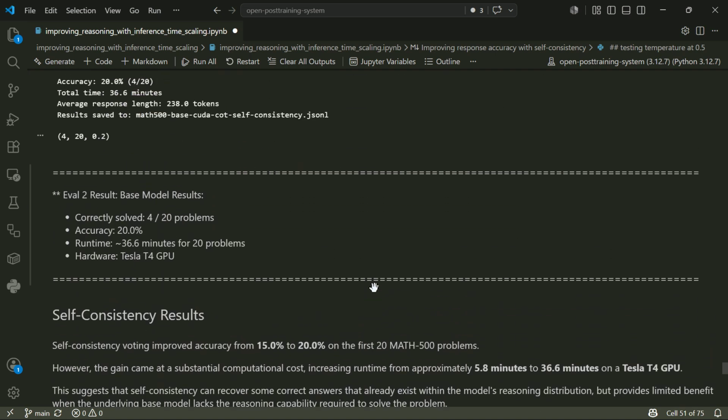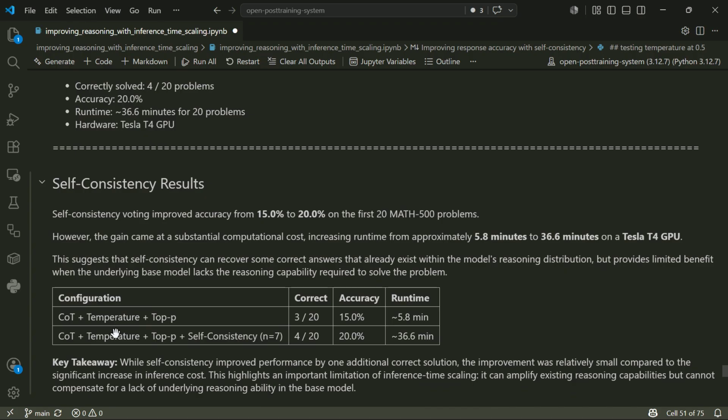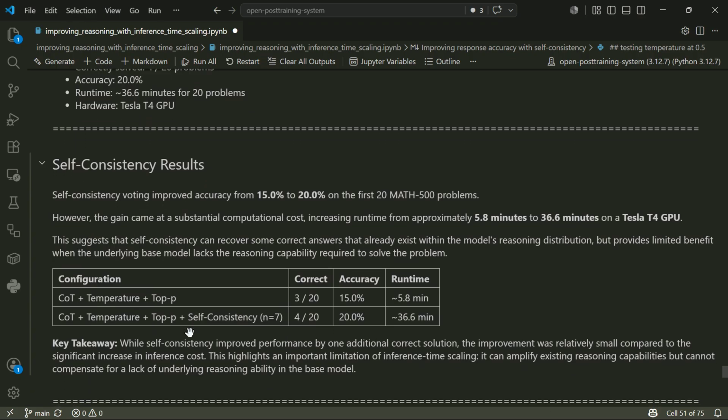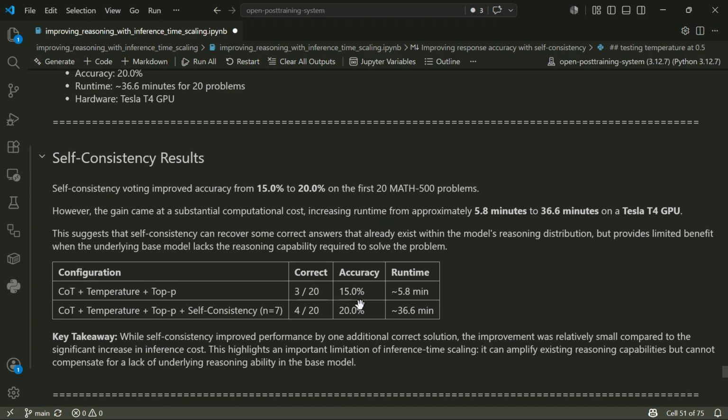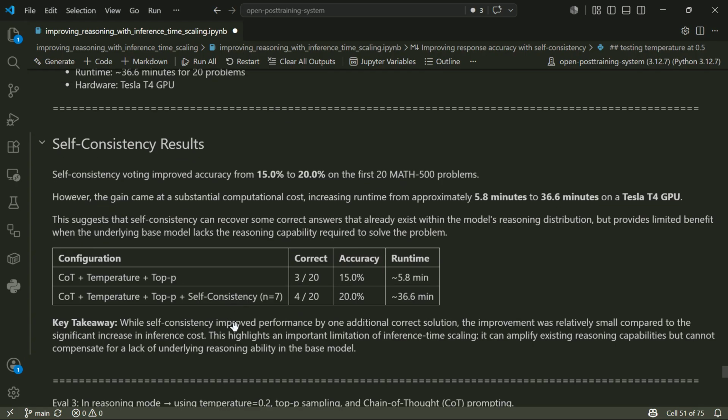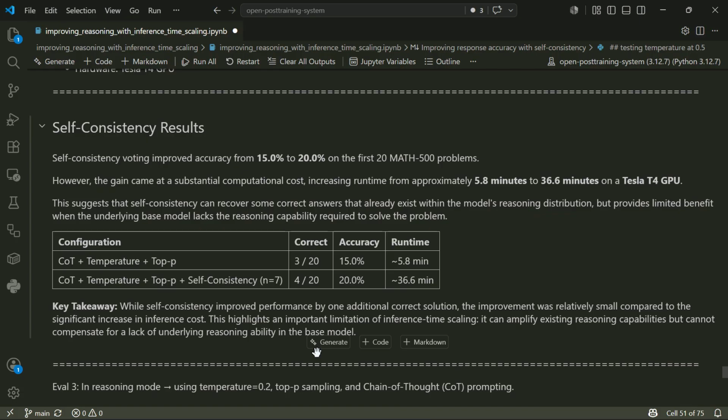And this was our result from eval 2, chain of thought plus temperature plus top p, that gave us 3 problems correct out of 20, accuracy 15%, and took 5.8 minutes. And then when we used self consistency with num samples equal to 7, we got 4 problems correct and 20% accuracy, in 36.6 minutes. But what we observed here is